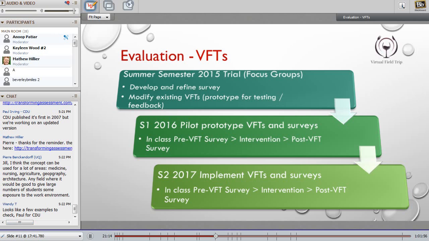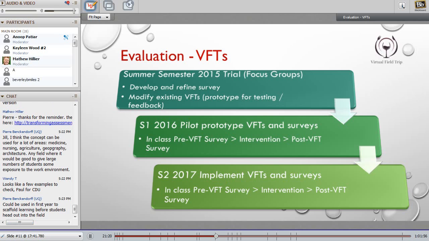So what I might do is to move on to the next set of slides, and these slides basically focus on the evaluation of virtual field trips. As the grant was received in the middle of 2015, it was a fairly large task to convince a number of hotels, not only in Australia but overseas as well, to participate in this exercise. So that took quite a bit of time.